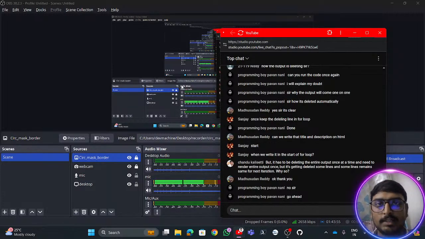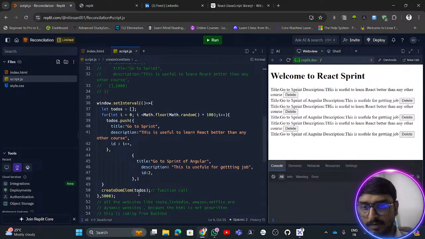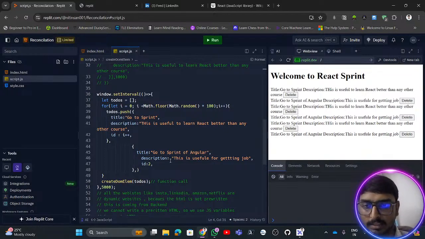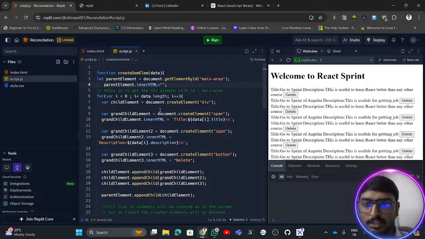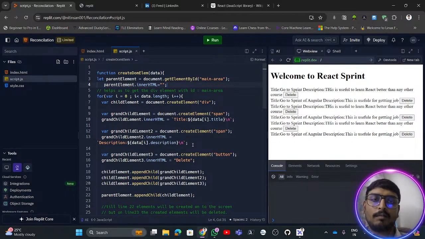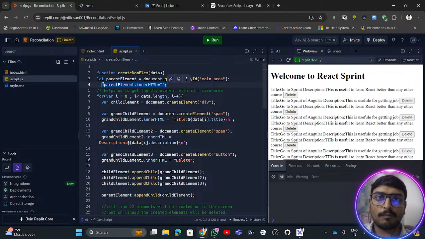So the one important thing I just want to mention here is that for every 5 seconds, we are including this content into our DOM, or into our web page, using this particular logic. But one very big disadvantage is that before including it, we are removing the entire thing on the screen, which means there is an update that we need to do on the screen itself. We are removing the entire thing that is still present and re-adding it again. Let me take an example where